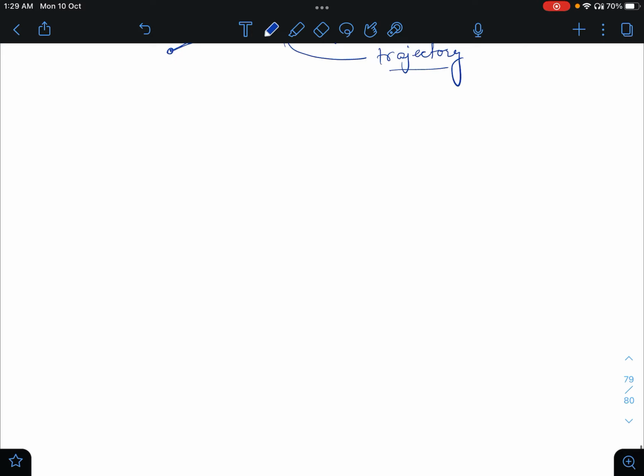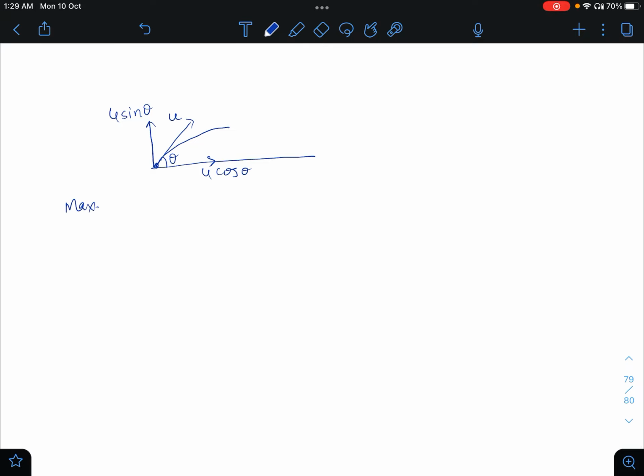Let us assume that a body is thrown in the air in this direction, and this direction makes angle theta with the horizontal, with velocity u. So its velocity in the horizontal direction is u cos theta, and in the vertical direction the velocity is u sin theta. So for maximum height,